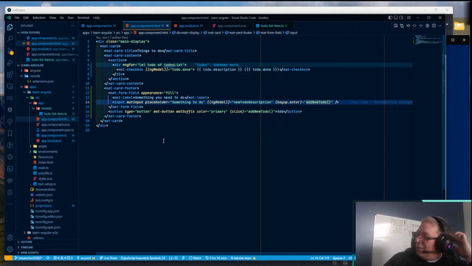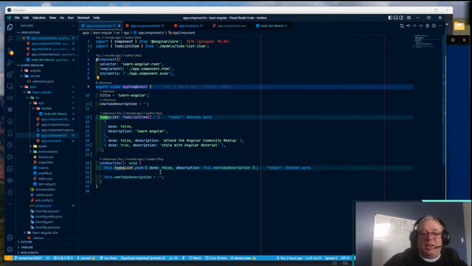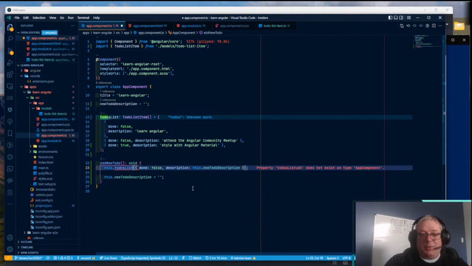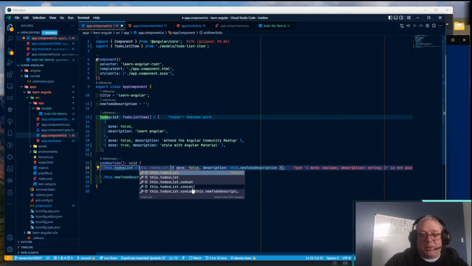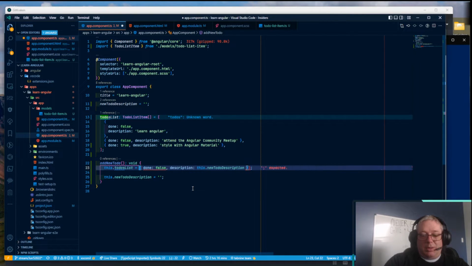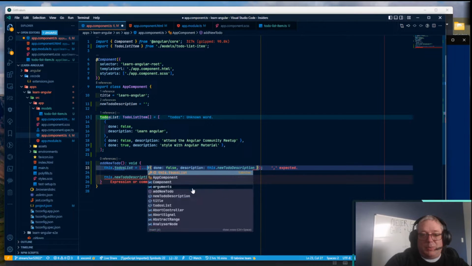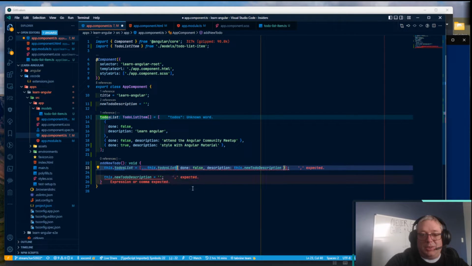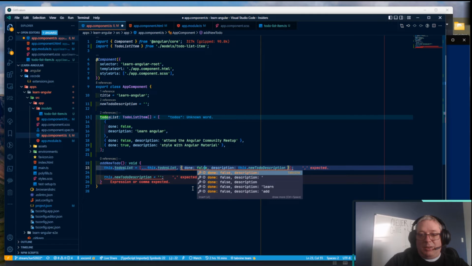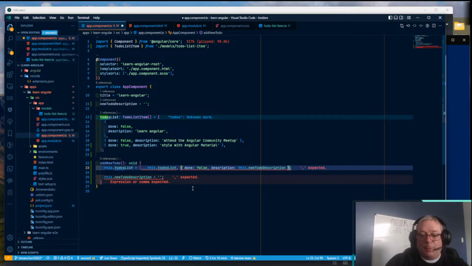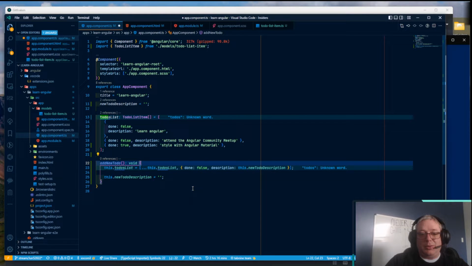Because one thing right now, when we add these things to the array by doing a push, really this is something we should fix right now, but the to-do list probably should be this.toDosList, and then we add a new one. And the reason for that is that we want a new reference to the to-dos list, just for the